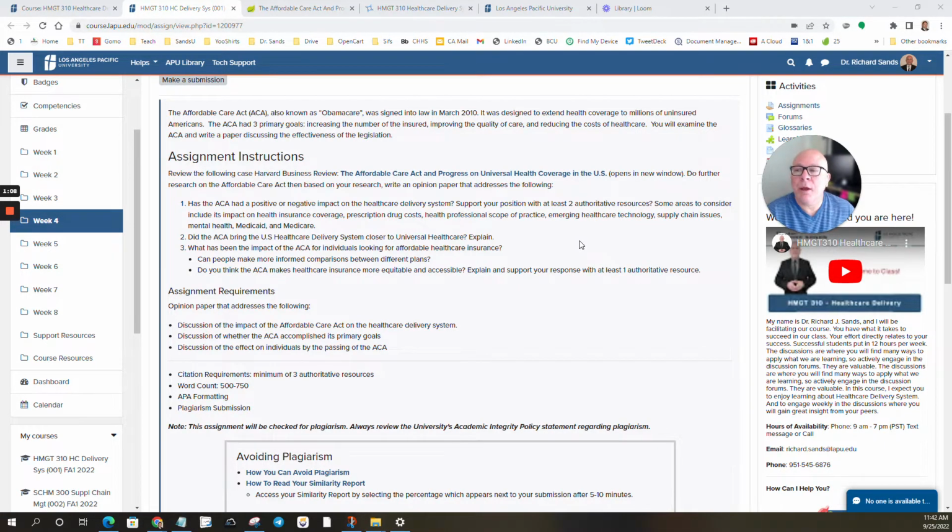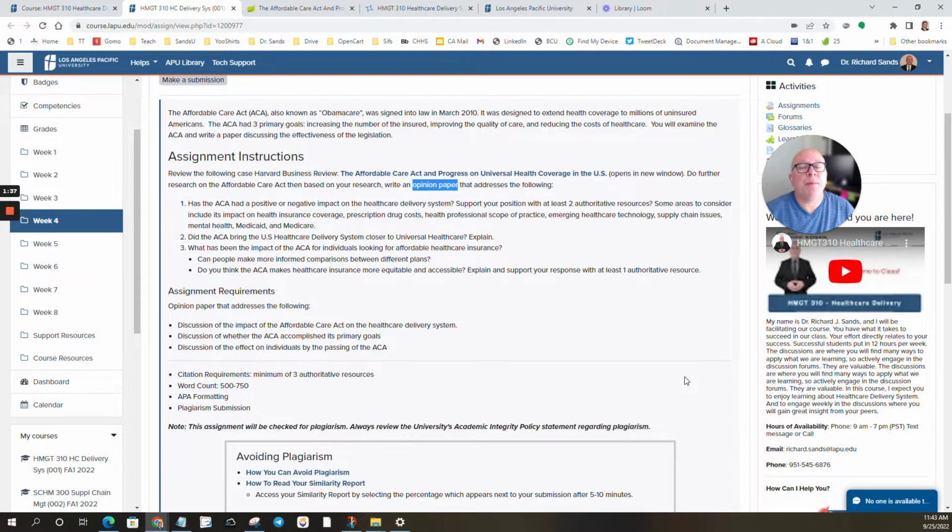So an opinion paper is just that, it's your opinion. Now when you typically do an academic paper, it's considered a research paper, and it's written third person like most of your business writing. So an opinion paper is written in the first person because it's your opinion. I believe this, I believe that type of thing. So it is different than how you normally write. Okay,